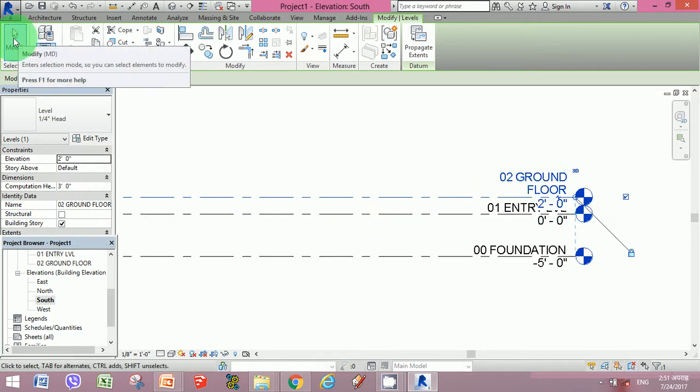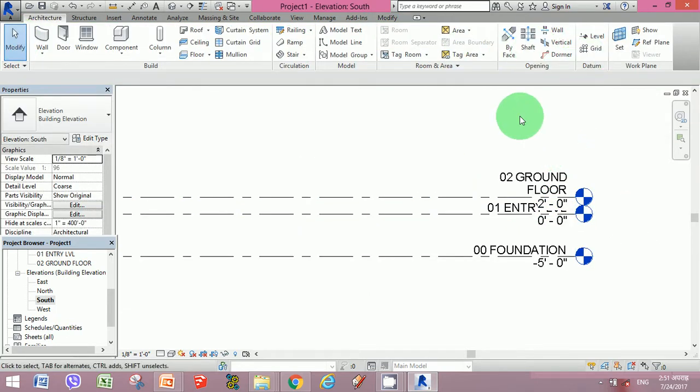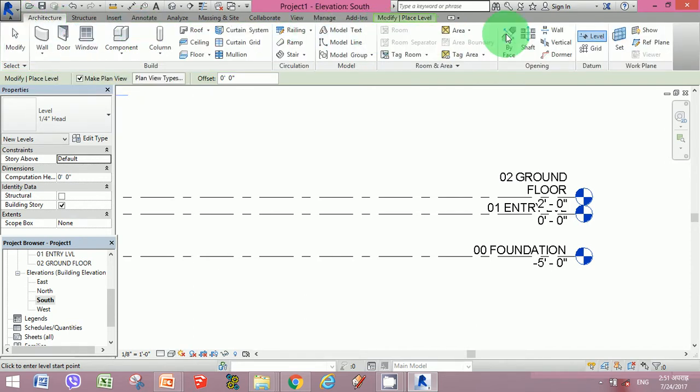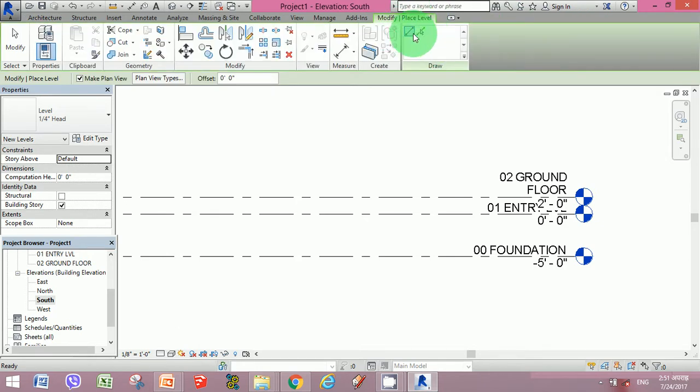Similarly, if you need another level above the ground floor level, say if you require a roof level above the ground floor, go through the same process: go to the level tab. When in the architecture mode, you select the level tab. Once the level tab is selected, go to its draw tab, select pick lines and use the offset you require. For this design, we are going to have a height of 9 feet 6 inches or 9 feet 4 inches, for the standard height, 9 feet 4 inches.